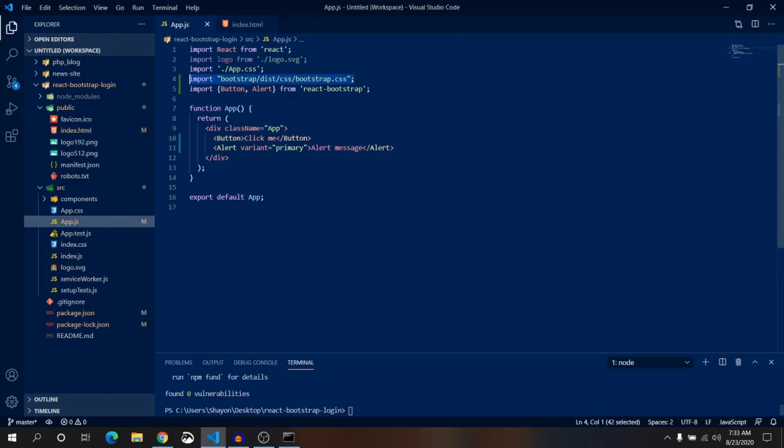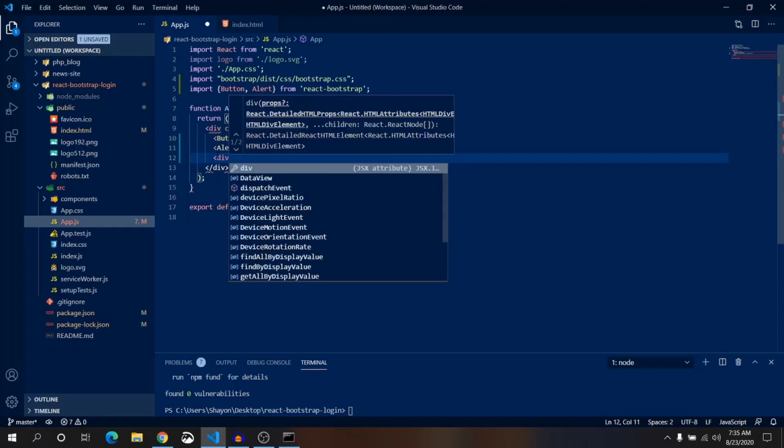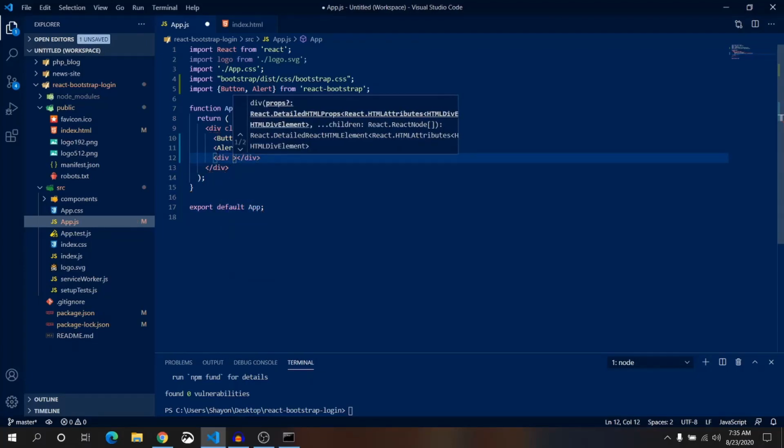Okay. Now you see how Bootstrap is. Because we have included CSS styling of Bootstrap, we can use any classes from Bootstrap. If you are familiar with Bootstrap, then you can use all of the classes in here. Okay, let's go deeper. Let me show you how we can do that.